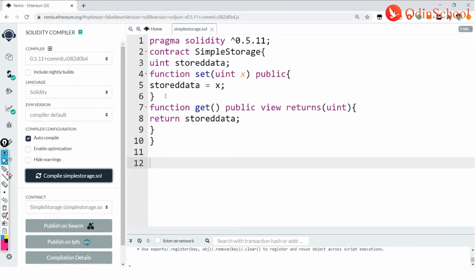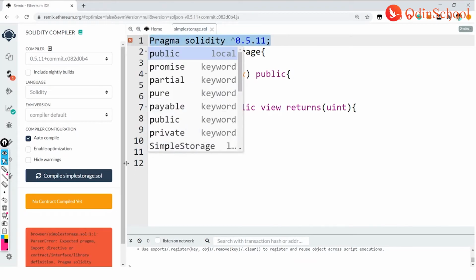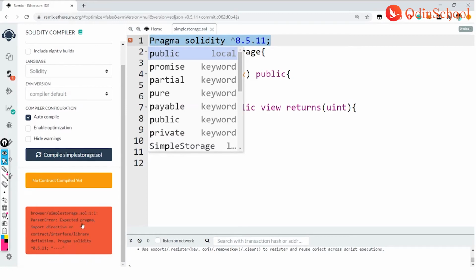If there is an error, what's going to happen? Let me explain that. As you know, Solidity is case sensitive, which I have explained in the previous modules. So let me say if I put a caps P here, it throws you an error saying that it is expecting pragma with a small p, but you kept a caps P. Whenever you make a mistake and try to compile, you see the output like this saying what the error is. You need to resolve this error, then the program will be clear and it will be compiled. So let me just change it.